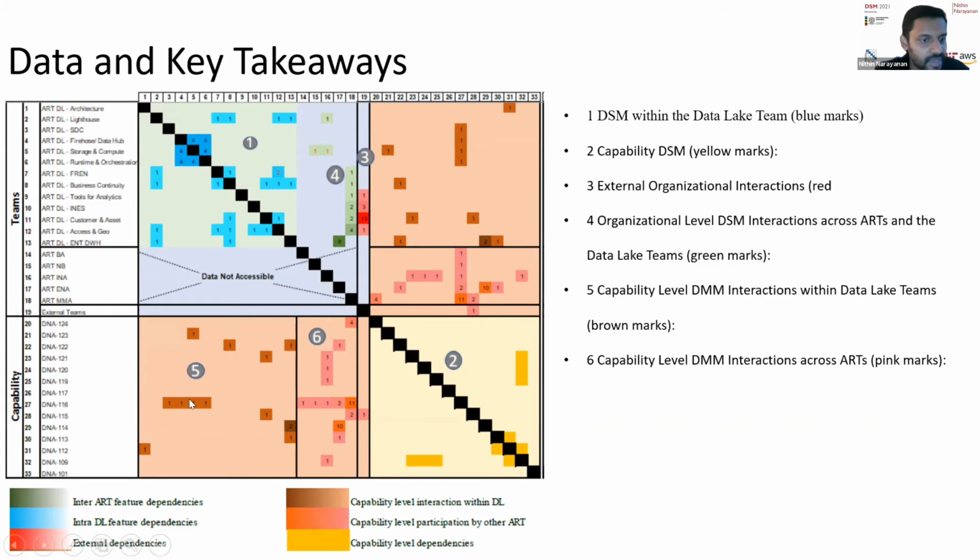So this gives us a very different level of abstraction, if you will, to understand, in order to deliver a particular capability, how many teams have to participate in it, and how many features have those dependencies, which are dependent on multiple teams at the same time.